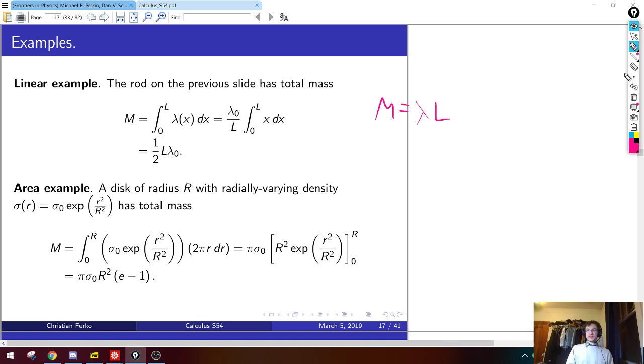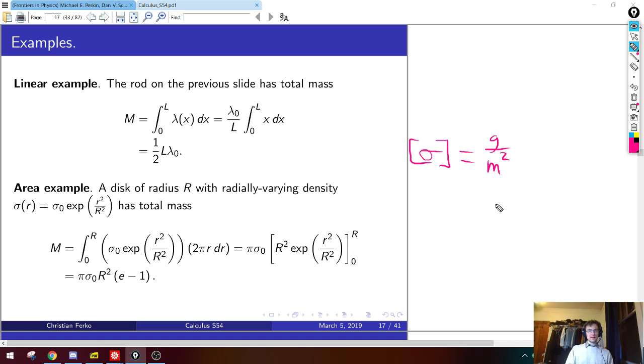Okay, so that's a linear example. Often in problems you study a system that has a density not in kilograms per meter or grams per meter, but something called an area density. An area density is a number which describes a two-dimensional object like a thin disk. So a two-dimensional disk, and that disk maybe has some density in grams per square meter. So this is some density that you multiply by an area to get a mass.